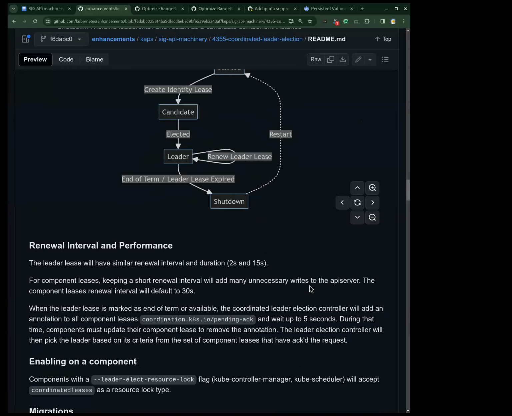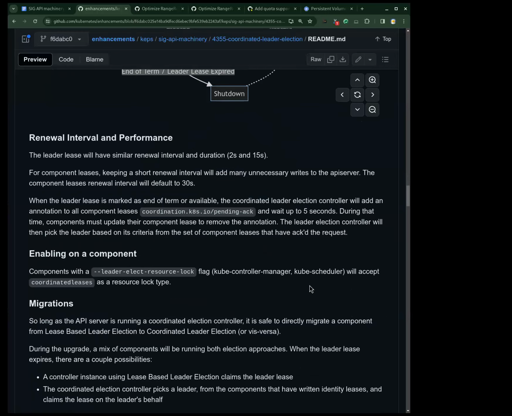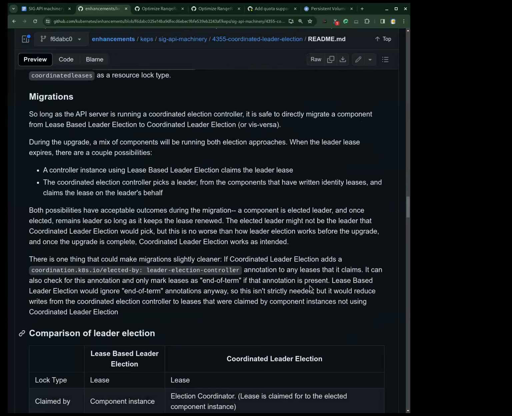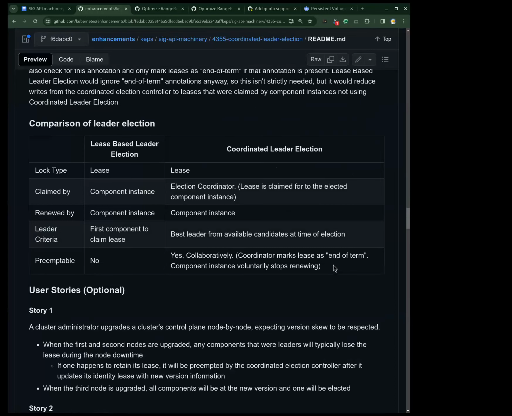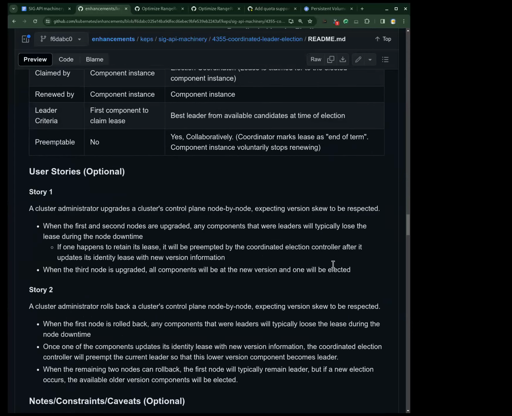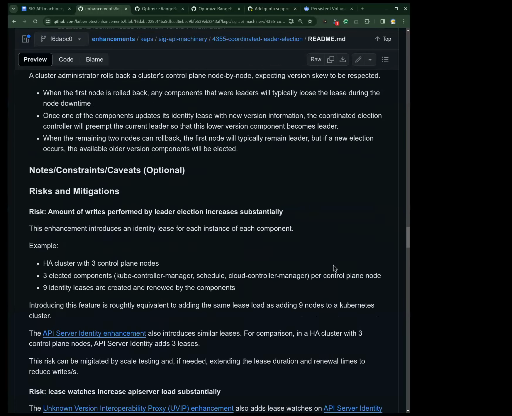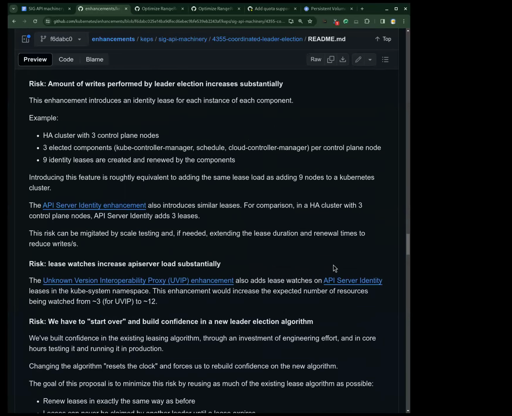Our goal is to target specifically HA cluster upgrades and fix this version skew problem. But if the algorithm is configurable, we could have additional use cases. I'd just like to learn if the community would have different preferences for these algorithms.